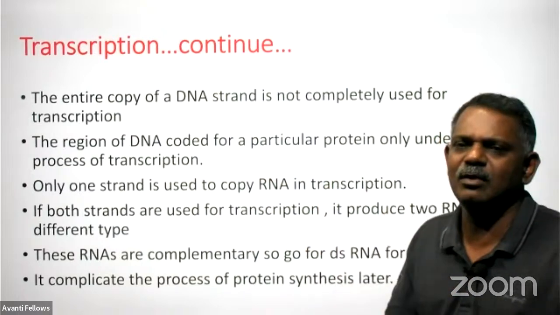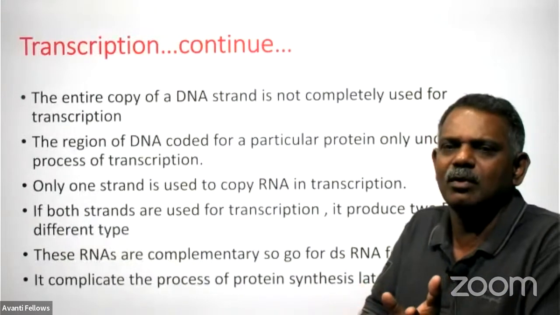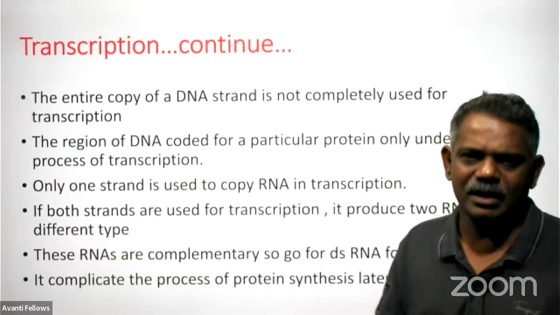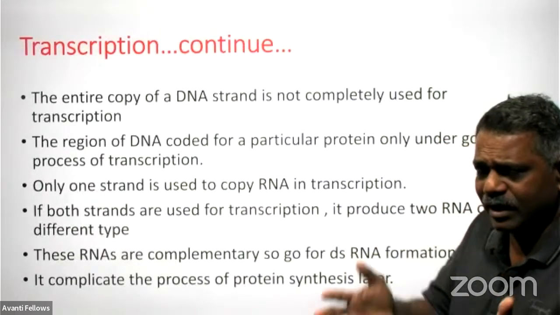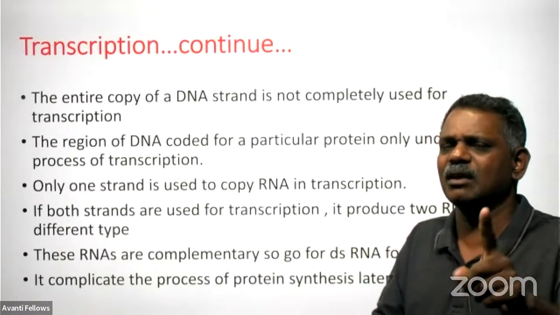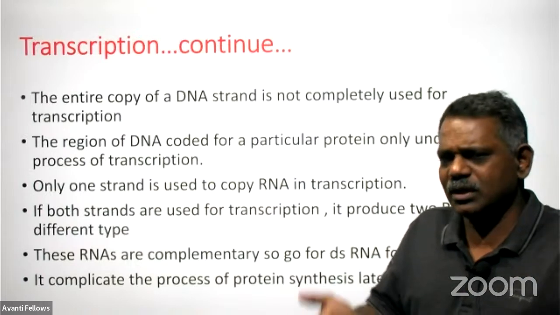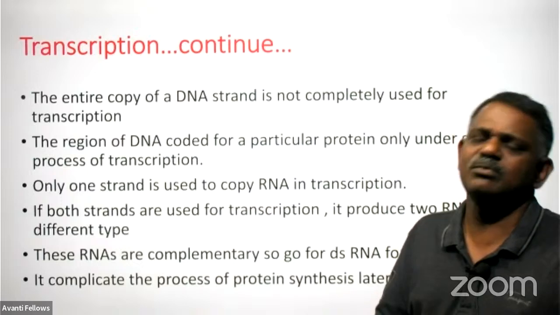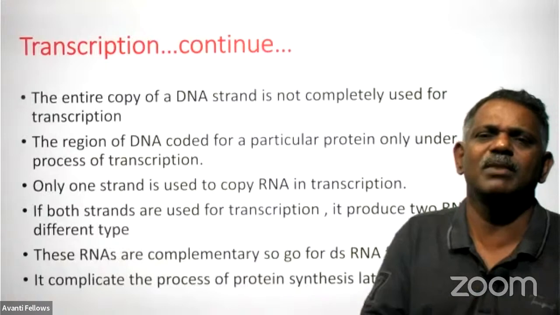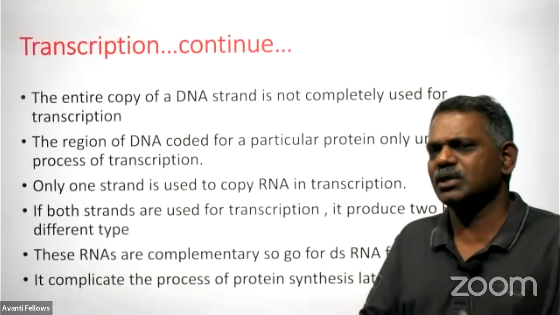Some place of the DNA only. So naturally the RNA also will be complementary. So it will go for pairing and produce what? dsRNA, double-stranded RNA, instead of the DNA. Actually, one strand of RNA is required for synthesizing protein. If it goes for producing double-stranded RNA, that process becomes more and more complicated. So to avoid such complication during the transcription or translation, only one strand of the